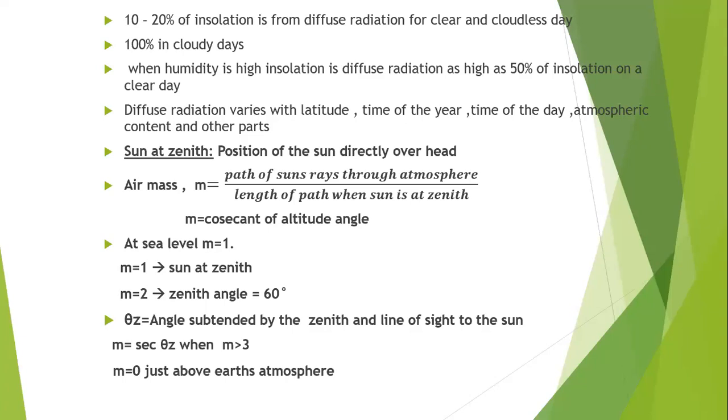Okay, so actually we are giving a definition to the insolation. This insolation is of diffuse radiation and beam radiation. So 10 to 20% of insolation is called diffuse radiation when it is a clear or cloudless day, and totally the insolation can be called 100% diffuse radiation when it is obscured by the clouds. So when compared to this,